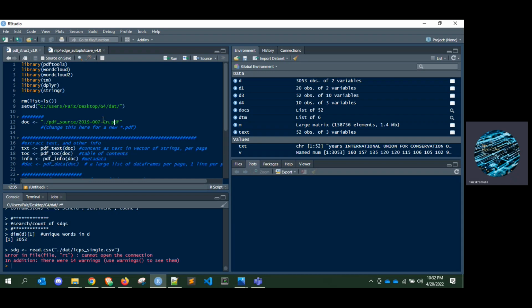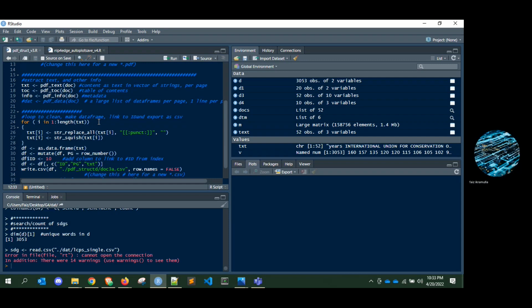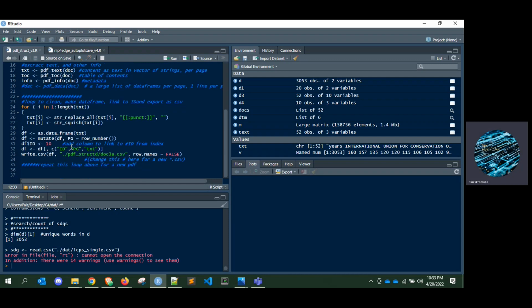First, employing PDF scraping and text mining. An R script was written to take an individual PDF report, extract the text, and output a CSV of a data frame containing the information in that report.